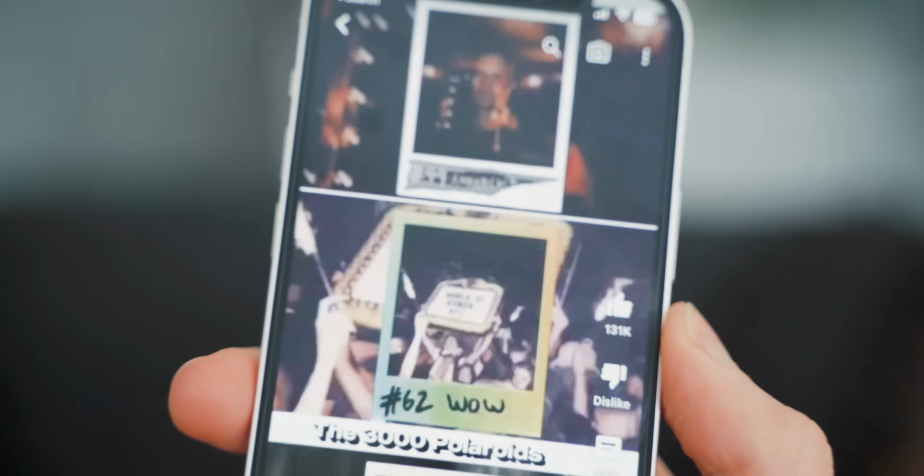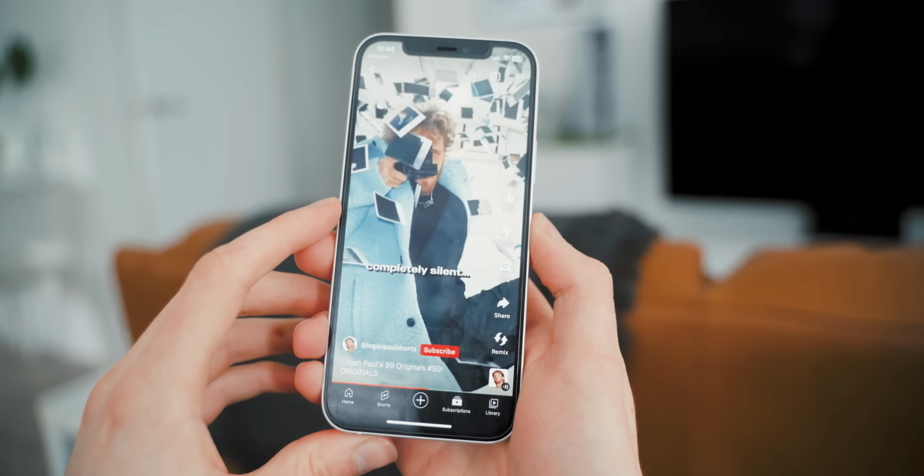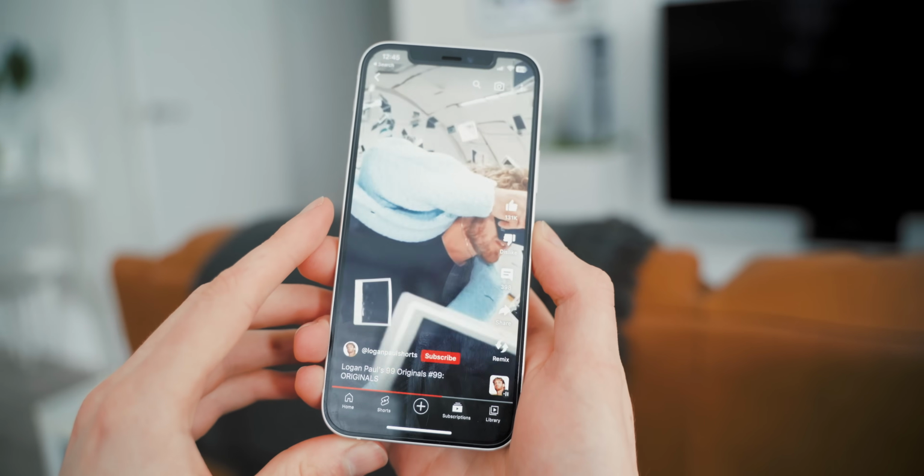Now, the concept for this series was Logan Paul would take 99 Polaroids over 99 days and sell it as a collection. Each picture is an NFT. We're gonna ignore the fact that it's an NFT collection. Just move on. We'll just focus on the art for now. So each picture has its own little story of how it was created. And then each story is kind of packaged up into a short. It's a cool concept. It's a fun, creative piece.